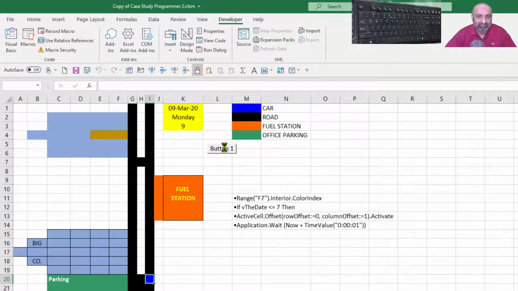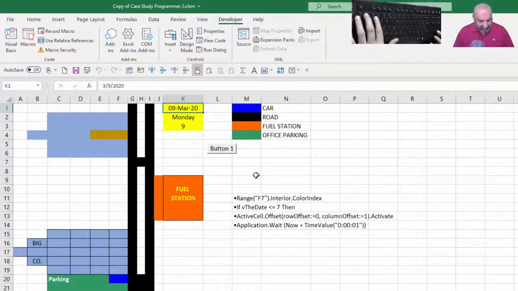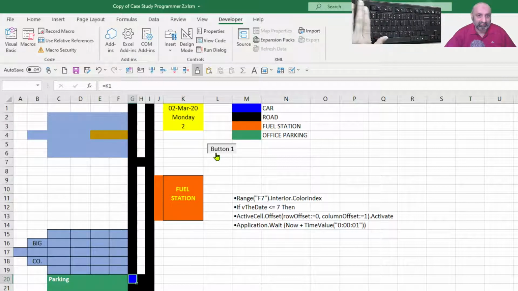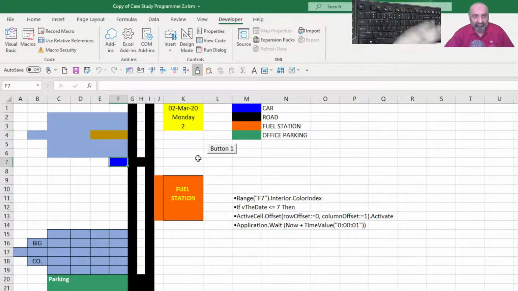So let's change our date once it is at the office. And 9 minus 7 is 2, so second Monday. Let's bring it back to office with the escape key.